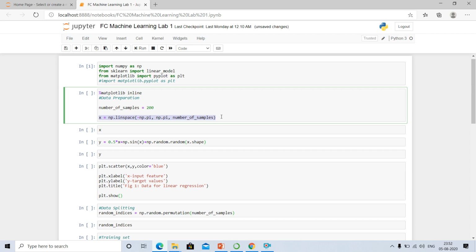I am giving the upper and lower limits as minus and plus np.pi. Pi is the threshold, and I have given 200 as the number of values it will create, because I have given the number of samples here.